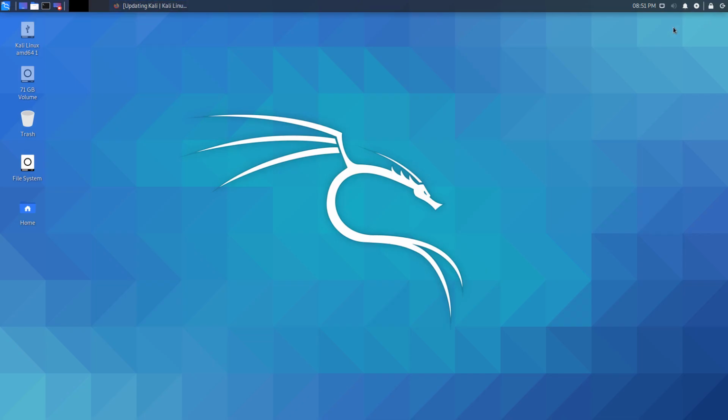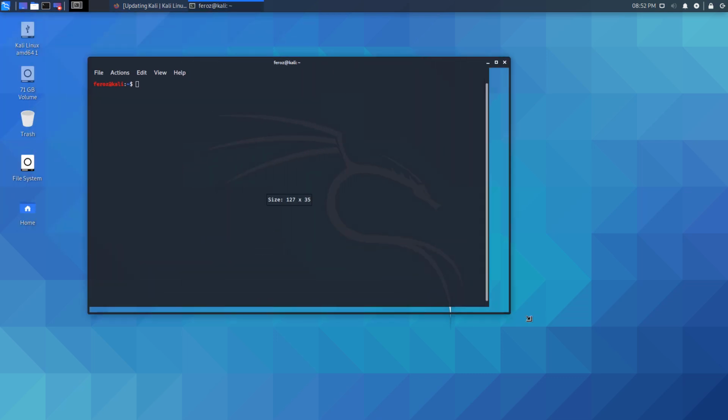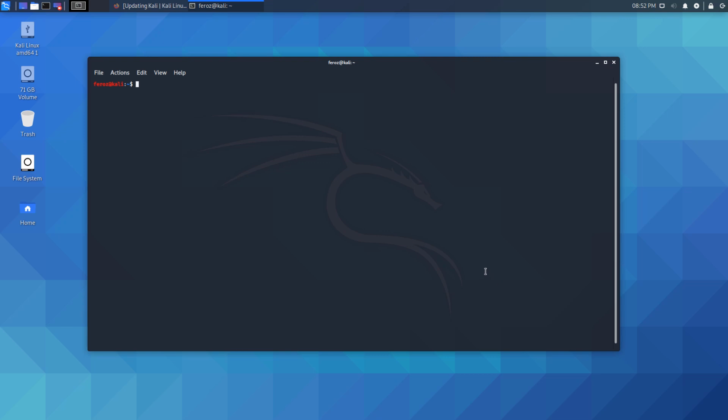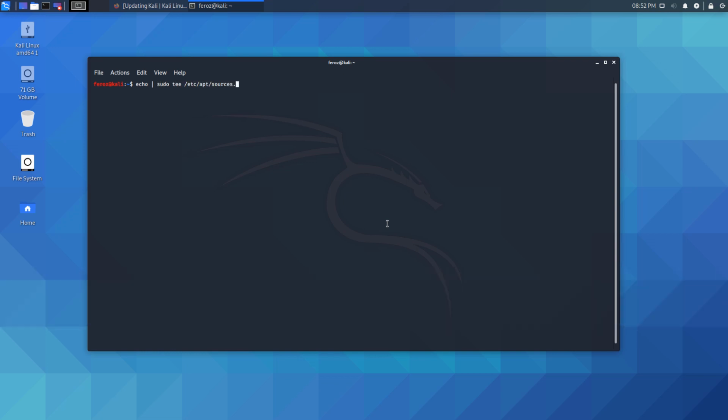Minimize the browser and open up terminal. Type echo, space, pipe symbol, space, sudo, space, tee, space, /etc/apt/sources.list and hit enter. Type in your password and hit enter.